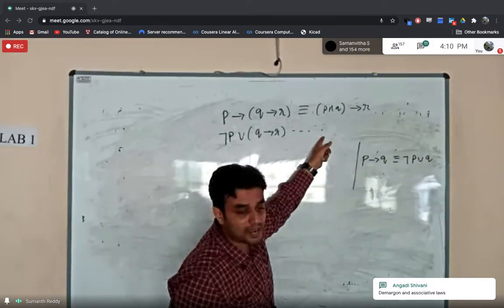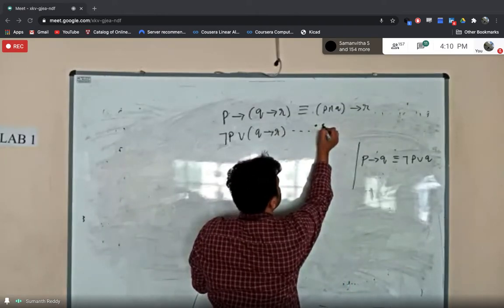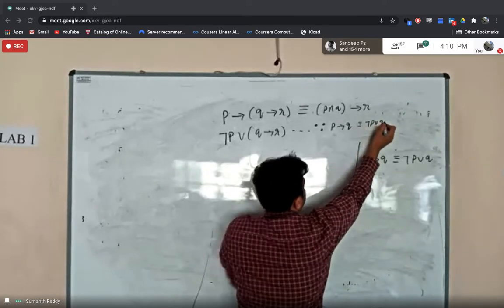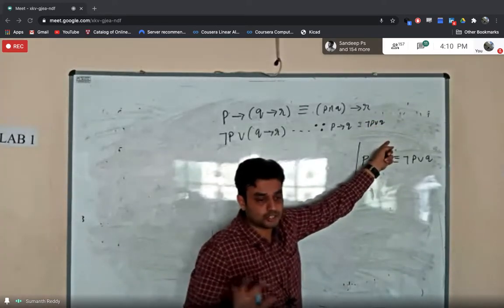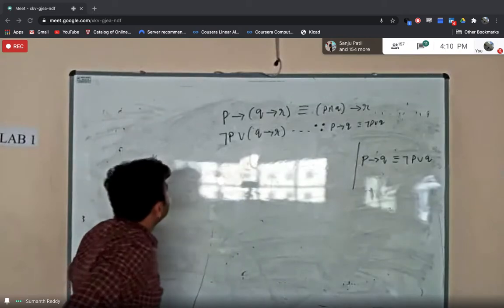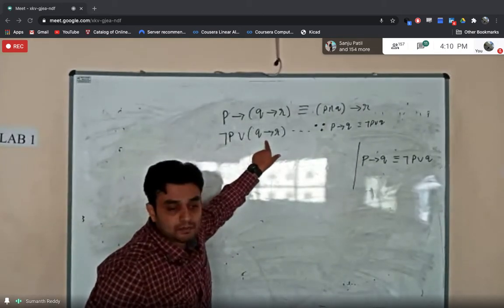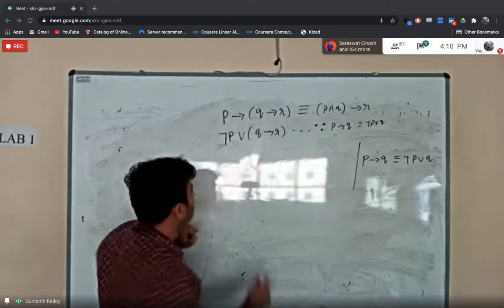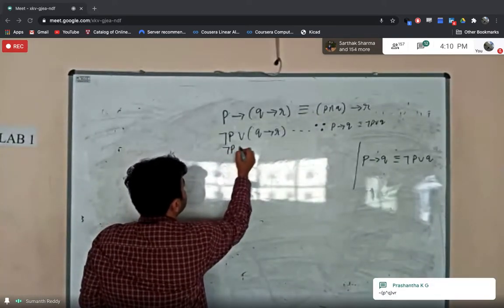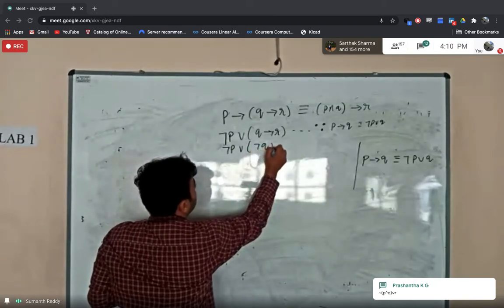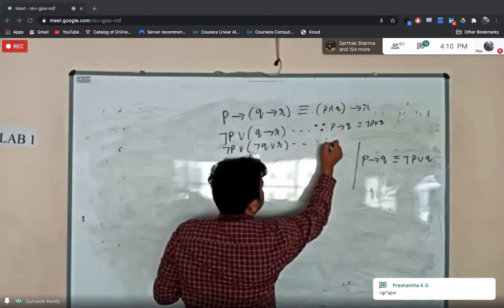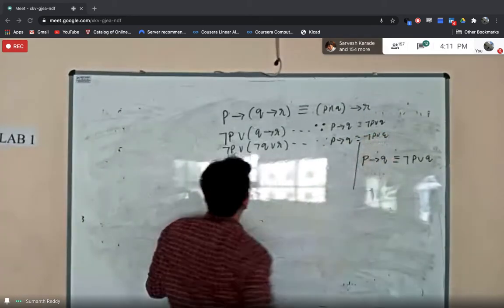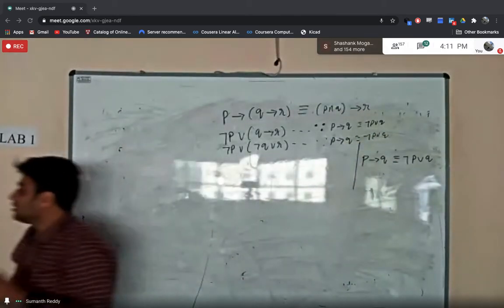So in the exam, what you have to tell is, because P implies Q is the same as negation of P or Q, like this you can directly write the formula. No issues. Okay, so now if you observe, again I can apply the same formula, that is the conditional law here. Again, if you apply the conditional law, this can be written as negation of P or negation of Q or R. Okay, so again, by the same formula, that is P implies Q is the same as negation of P or Q. Right?